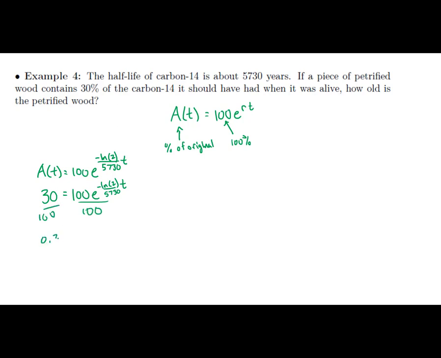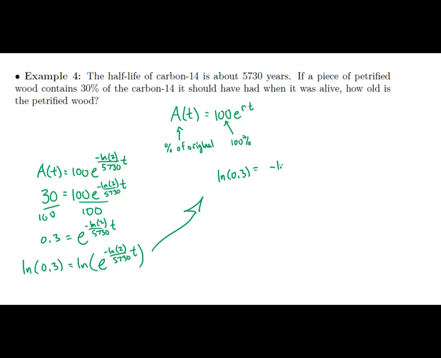So we have 0.3 is equal to e to the negative natural log of 2 over 5,730 t. And we know the routine by now, right? Take the natural log of both sides. And so we end up with the natural log of 0.3 is equal to negative natural log 2 divided by